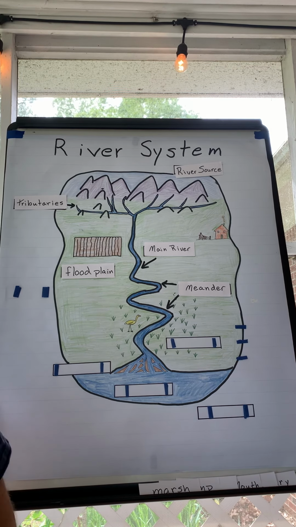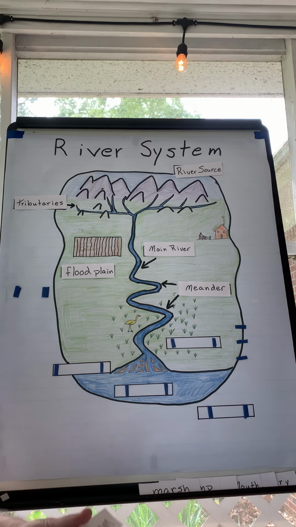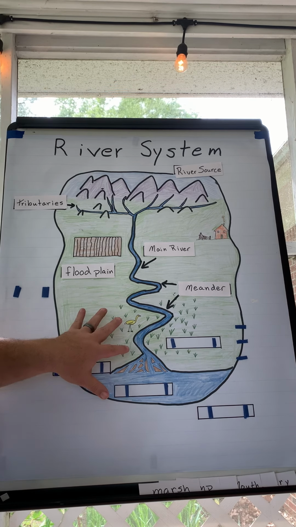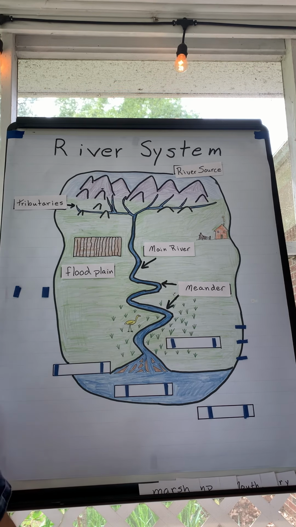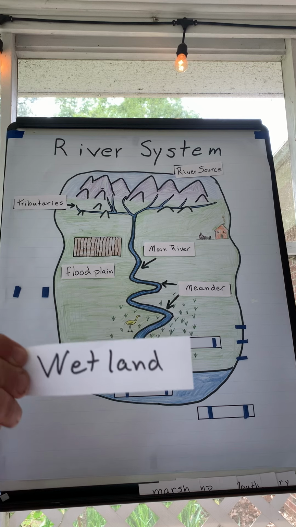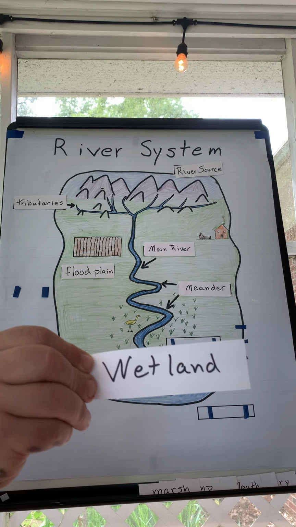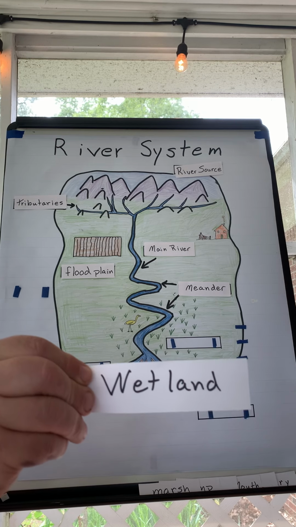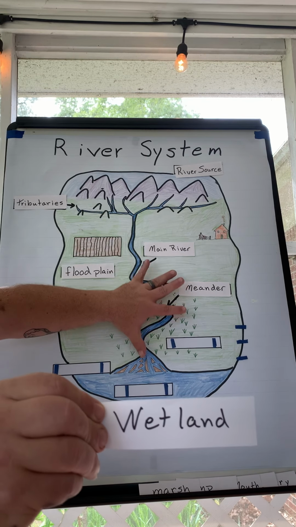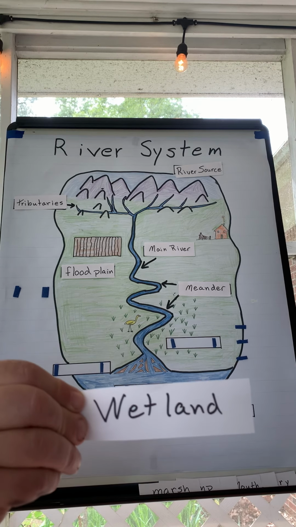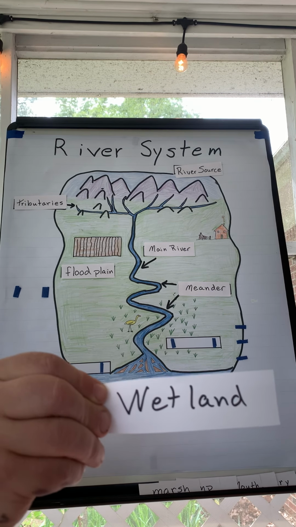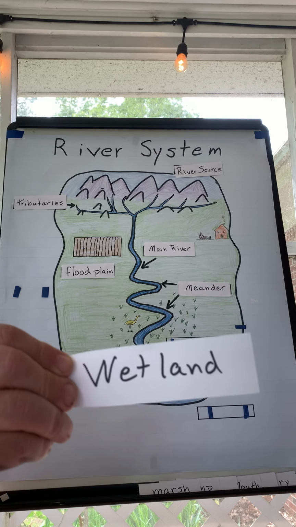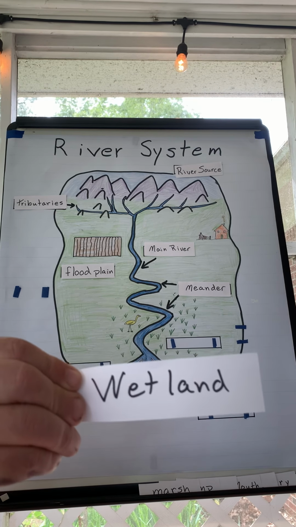Now, as the river gets closer to the Chesapeake Bay, in our example, you're going to get these areas where water sits on top or very close to the top of the land all year round or nearly all year round. These are referred to as wetlands. Now, these wetlands have a very specific function. Their job is to start to filter out a lot of the stuff that flows down so it doesn't empty into the bay or to the ocean or a lake or wherever it is that river is flowing to. So these wetlands are very important to the ecosystem that we are involved with.